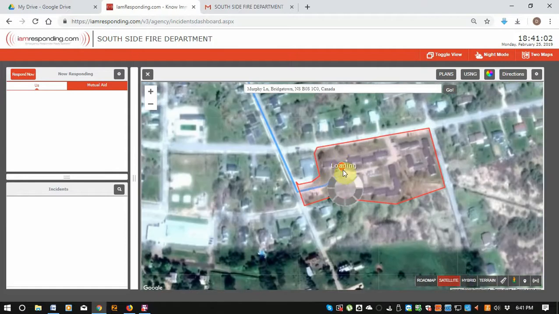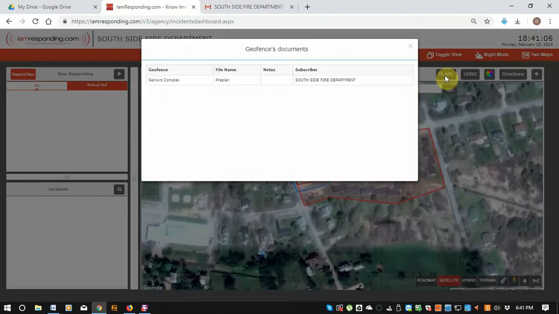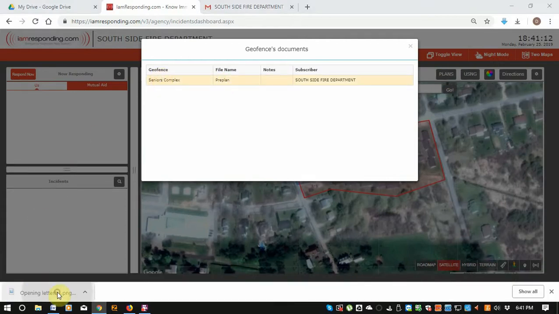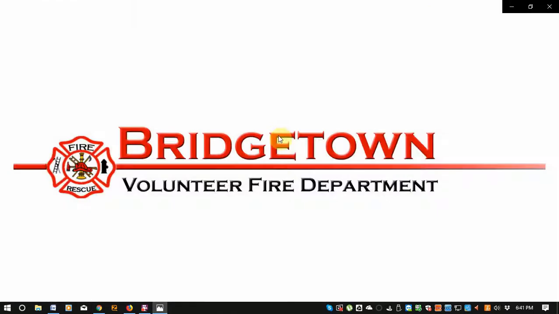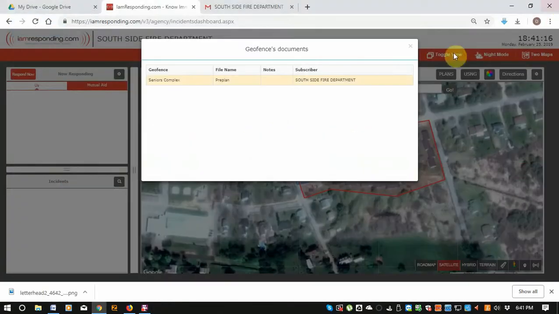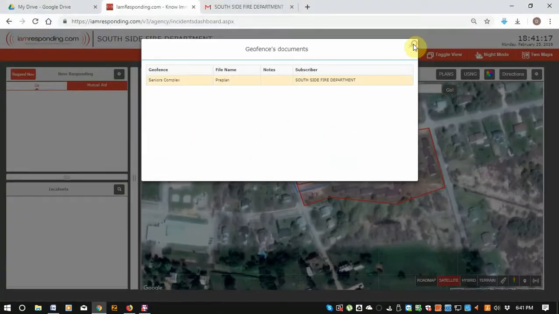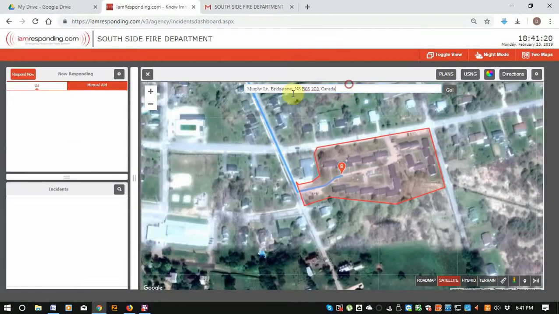and the pin is in the area, the plans logo is now illuminated here, and I can actually click on it, and it will download the letterhead picture. This could be a picture of the structure. This could be a picture of anything you want it to be, the plans for the area. As long as it goes to Murphy Lane, you will have that in there. So whatever address you want to do,